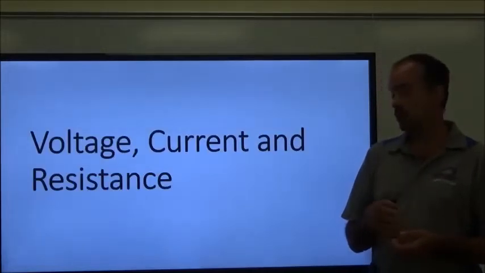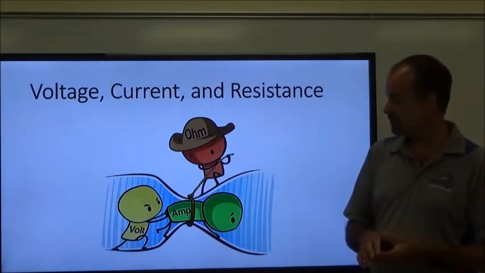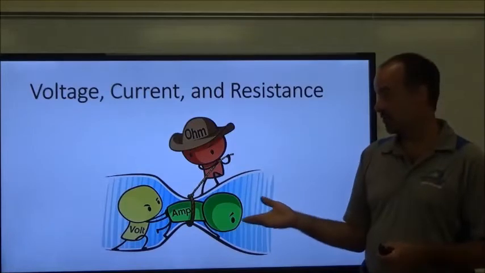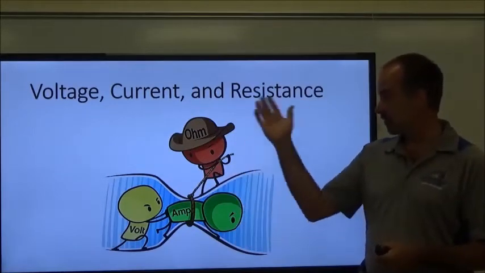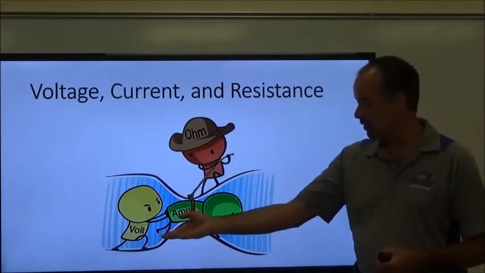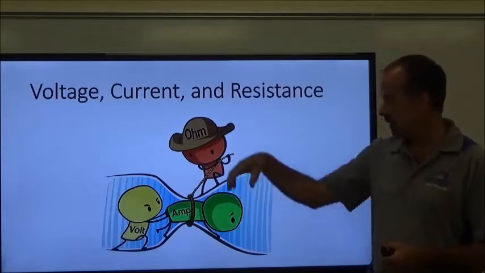So for voltage, current, resistance, I've got a little illustration here. It's a little cartoon illustration, and it's actually fairly descriptive of the relationship between voltage, current, resistance. You have voltage here. A volt is trying to force the amp through the conductor, trying to push it through, and you've got your